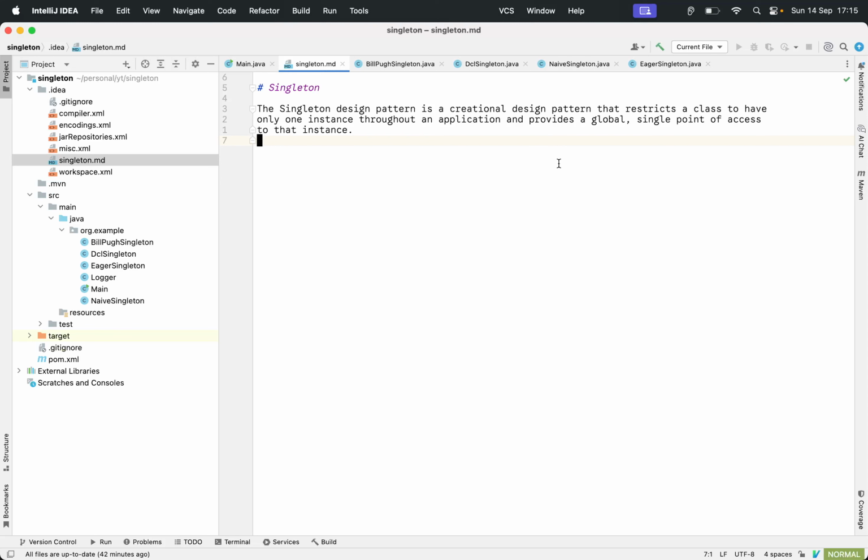Okay, let's put all that BS away and really see what's going on in there, what other kinds of singletons there are, what other kinds of implementations people came up with, and what people expect you to know when they ask you about the singleton pattern.